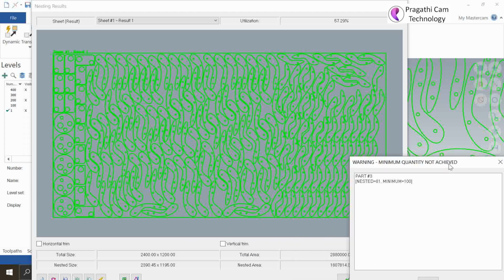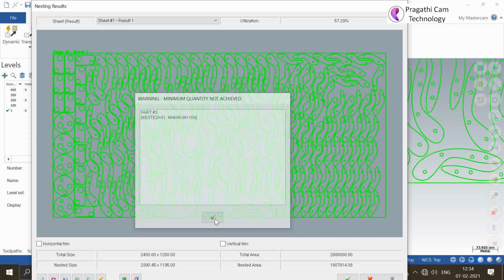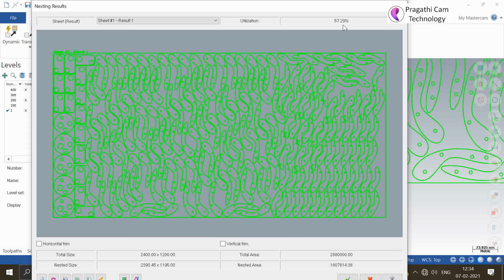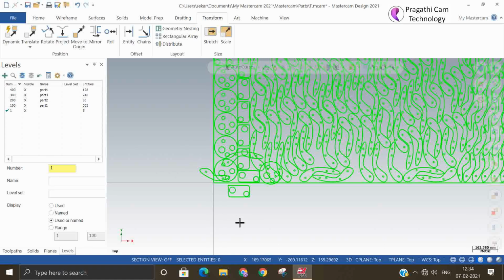So first of all, you need to give your requirement exactly, the quantity and other things. Based on that, it will work. This is your utilization factor. So this is your nested area.